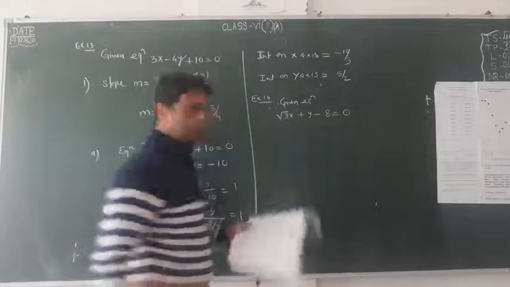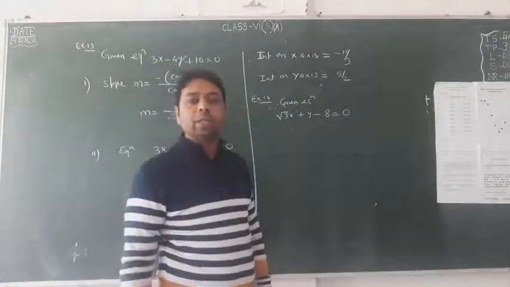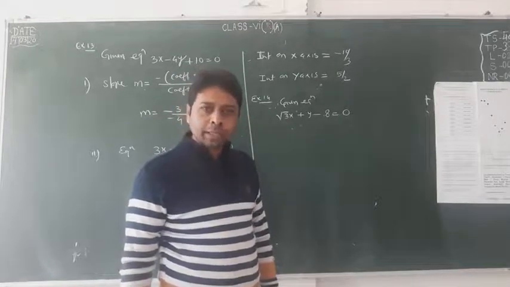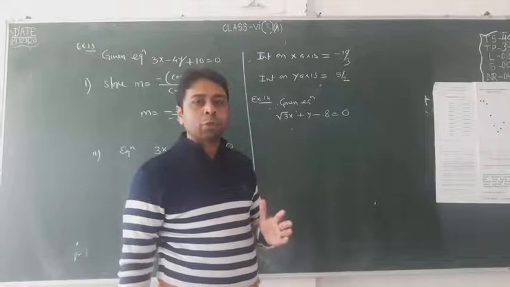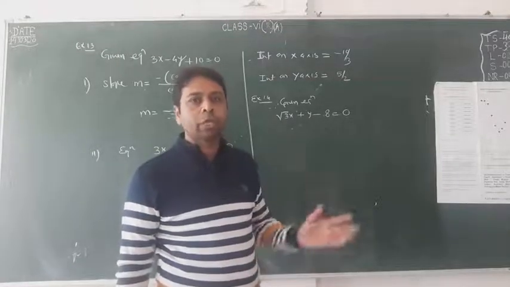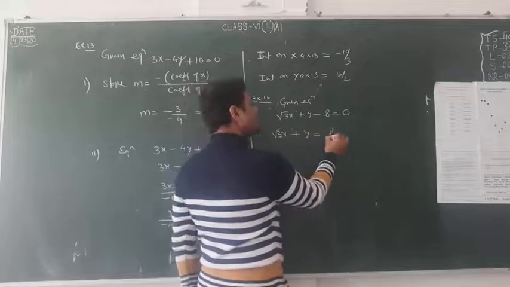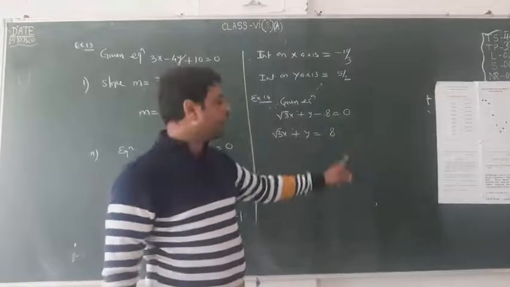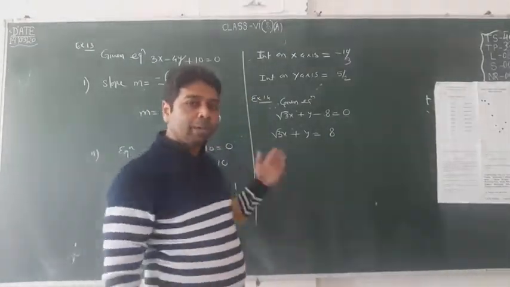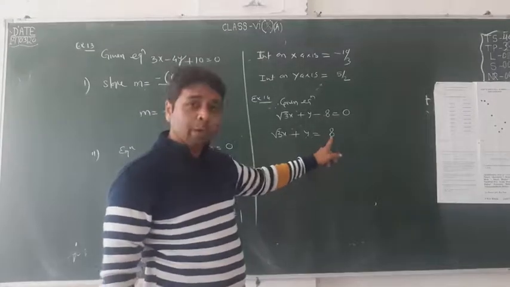This is the equation I have written. First of all, I tell you how we can convert this into normal form. What is normal form? x cos alpha plus y sin alpha equals p. I taught you yesterday the method of how we can convert the general form into the normal form. First of all, I will transfer it, it's going to be our p. So how will it form p? I will turn this into the form ax plus by equals c.